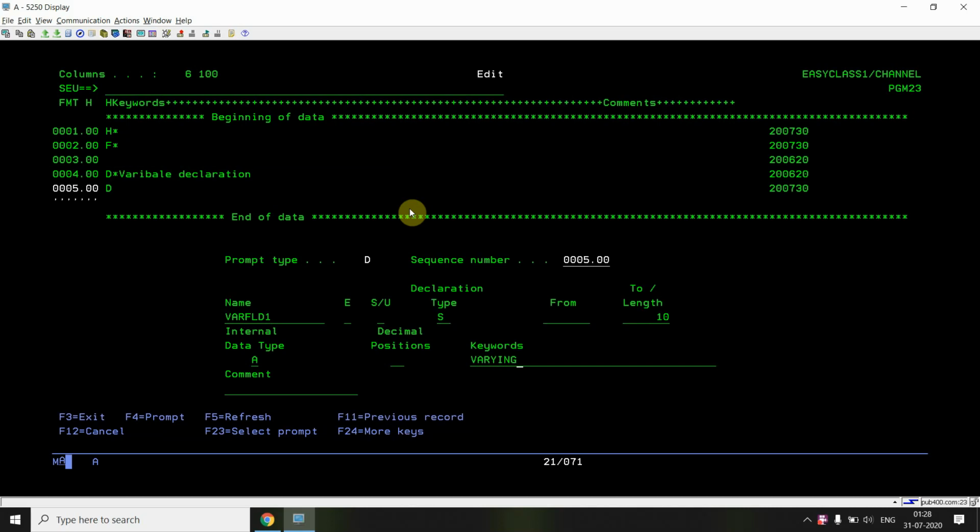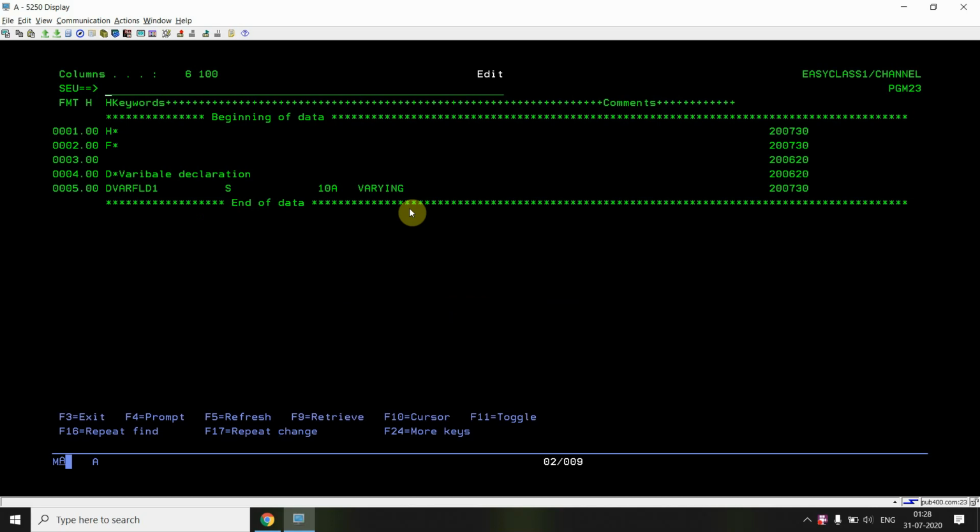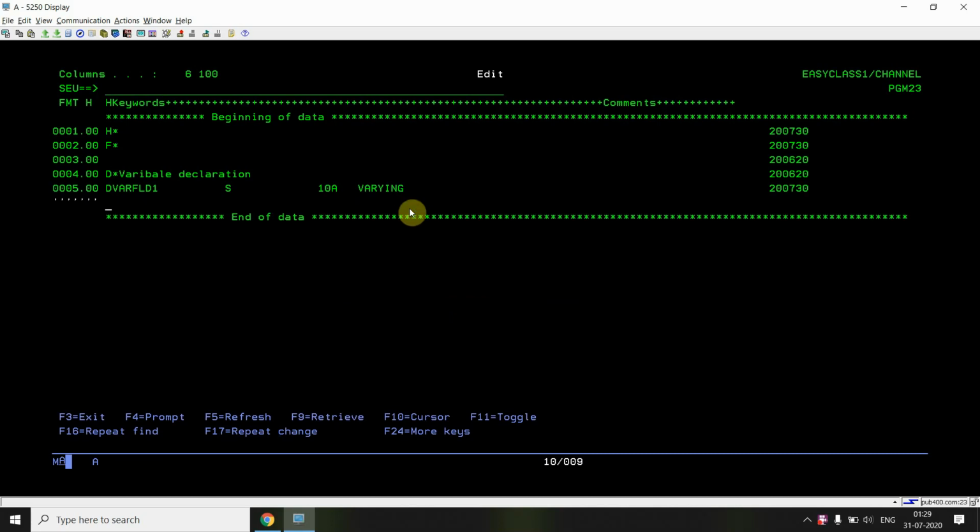Varying will by default be 2, so it will take 2 bytes for length. We can provide more than that, for example 4, but here we use the default. So this field varfld1 is now defined as a varying field of 10 characters, taking 12 bytes in memory.